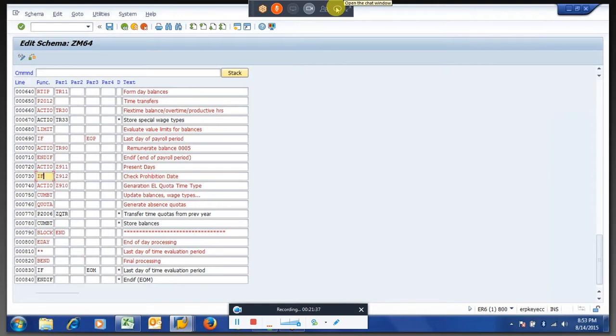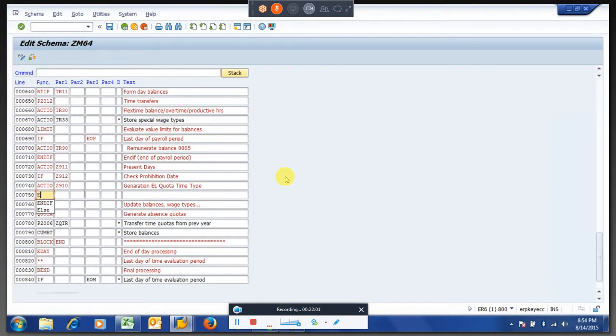So if probation date, in this rule we will put some logic, true or false. We have a condition. Still I haven't created any rule. Based on this rule, we will get a value, true or false. If true, then this PCR will read whatever we have written. I am inserting another line after the rule. Then I am putting else, and inserting another line after else.